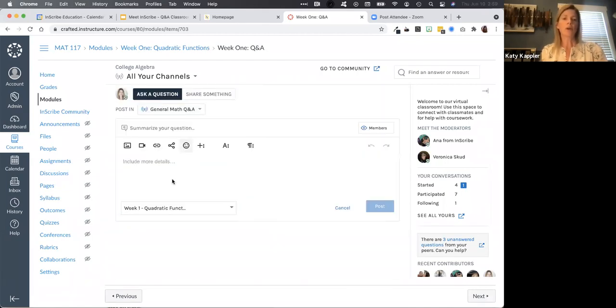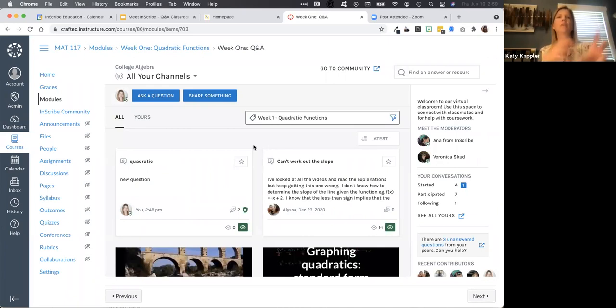And when I go to ask a question, it's going to automatically tag the question for me to that particular topic area. And we hear that a lot, which is students not tagging questions or tagging it incorrectly. And so the more that we can do that for them, the better organized it keeps your community